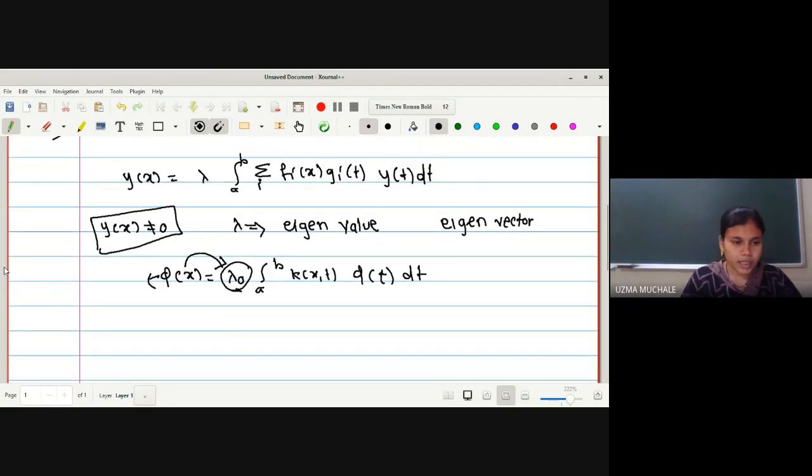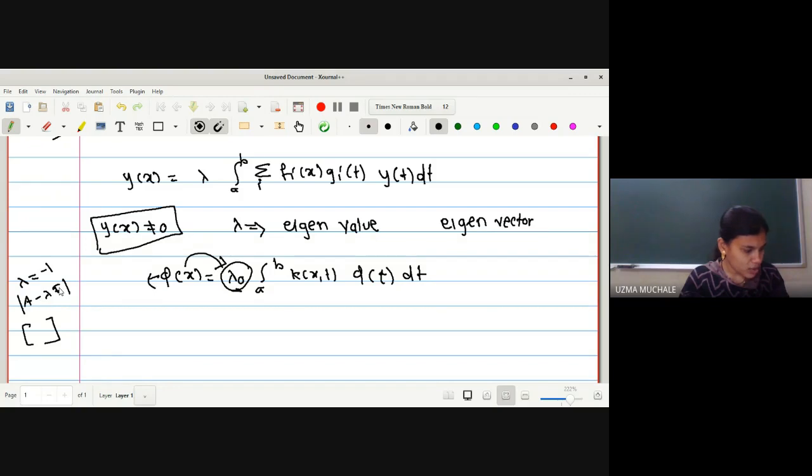Have you solved this type of example? Suppose the value of lambda is, say, -1. Then corresponding to lambda equal to -1, you are going to solve A minus lambda I, and then you are going to have one vector. If it has some vector, then we say that corresponding to lambda equal to -1 we have this eigenvector. In this way, corresponding to lambda naught, we have the solution, or we can say the eigenvector corresponding to lambda naught is phi of x. Now, let us start to solve this.